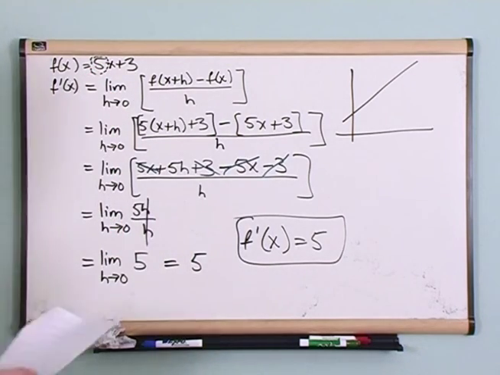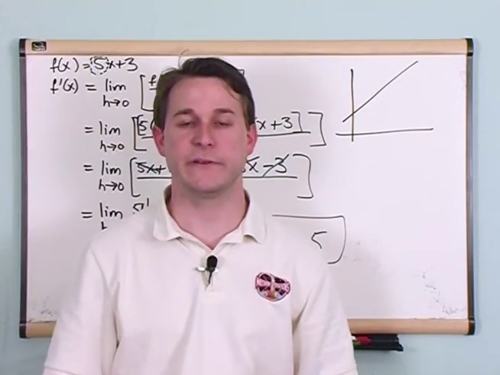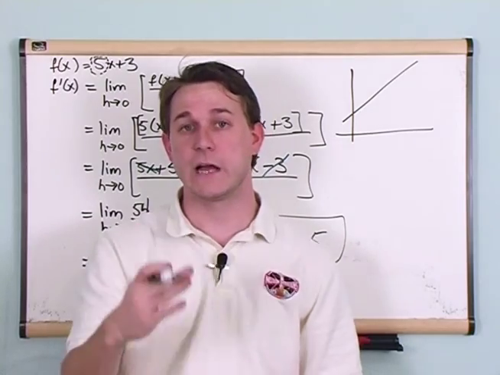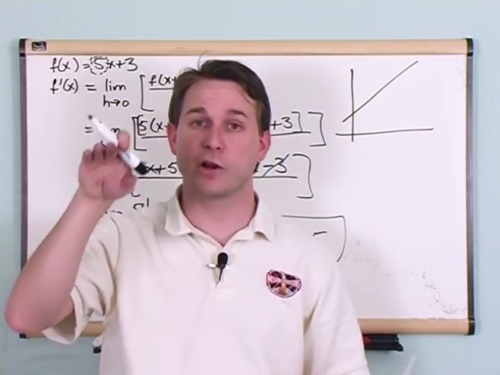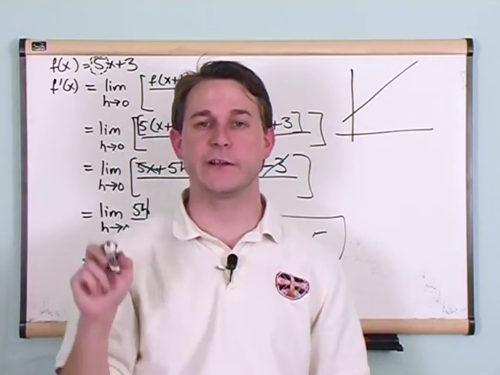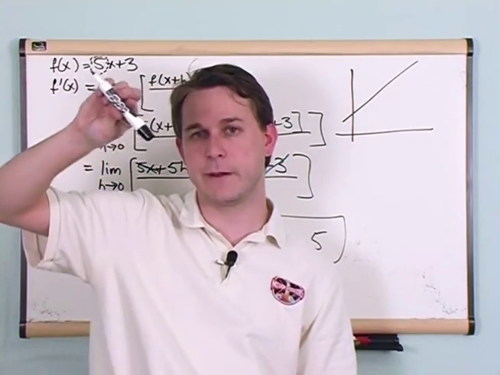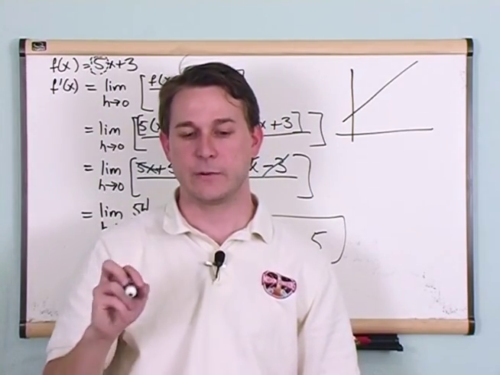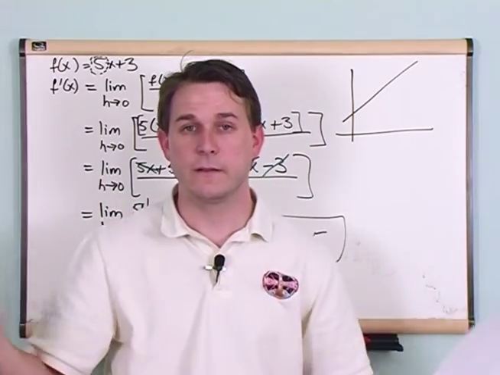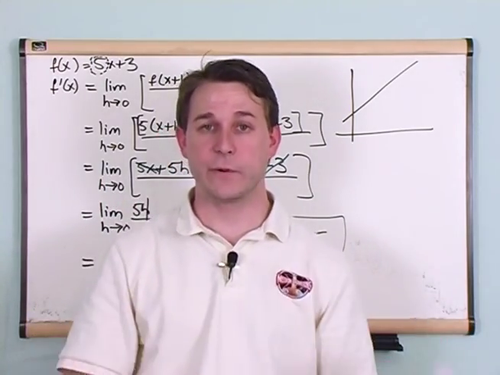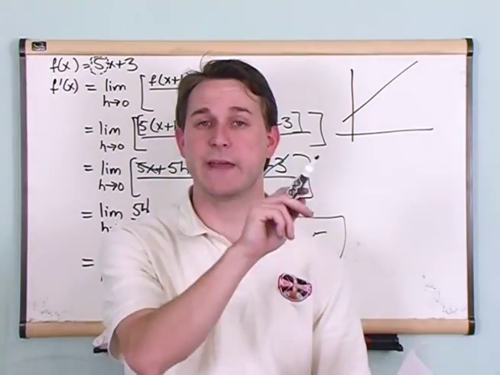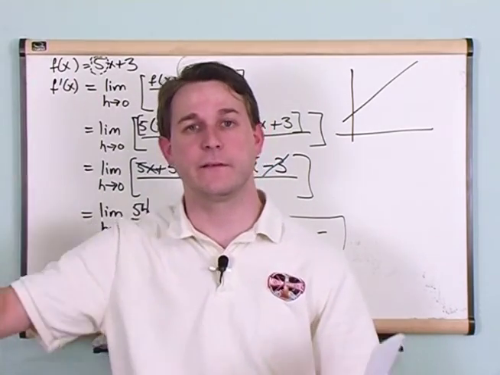Okay? So in this section, what we've done is we've introduced derivatives conceptually. We've said that the derivative is the slope of a line, or equivalently, if it's a curve, it's the slope of the line tangent to the curve at a point. Okay? So at any point along a curve, I can define a derivative, which will be the slope of the line just barely touching it. Okay? And so in the end, generally, if I take a formula like f of x is equal to some function of x, and I take the derivative of it, I will get another function which will be representative of the slope of that original curve at all of those points along